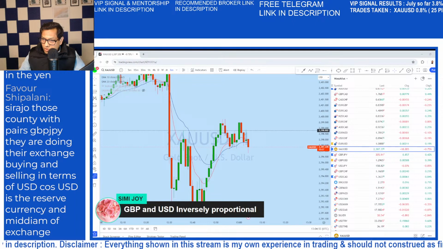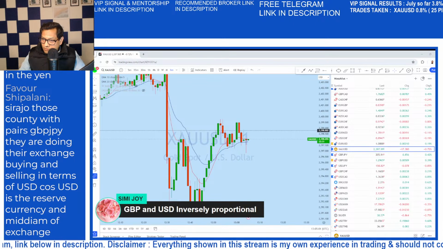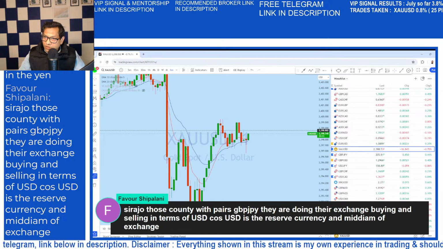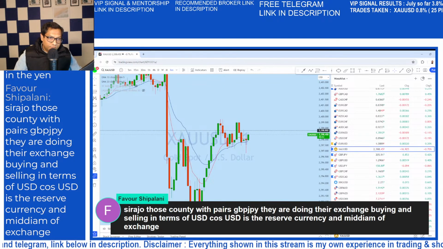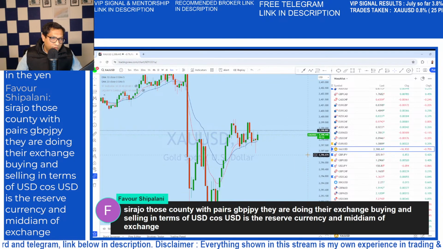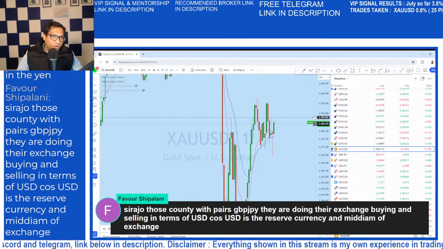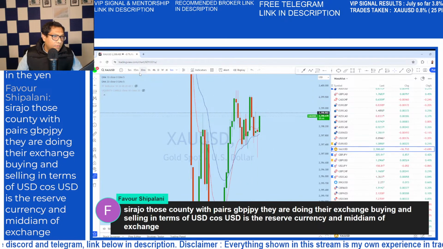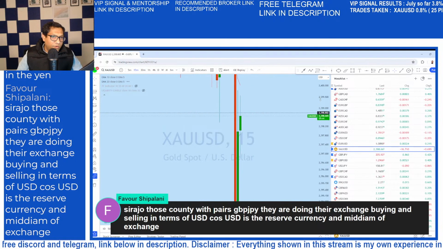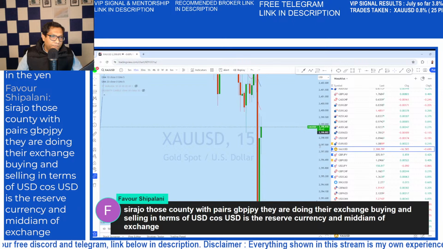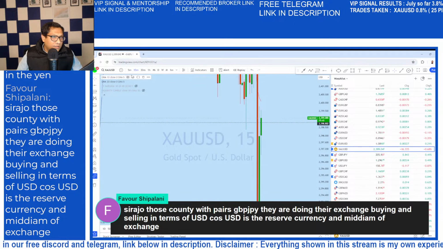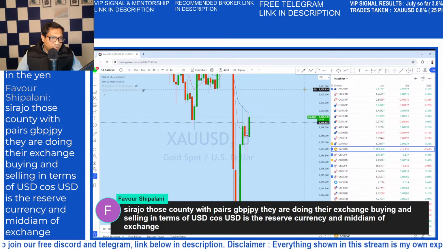Sirajo says those countries with pairs GBP, JPY, they are doing their exchange, buying and selling. Okay, so that's also another point. So quite a few good points have come out from this. But what I think or see is that